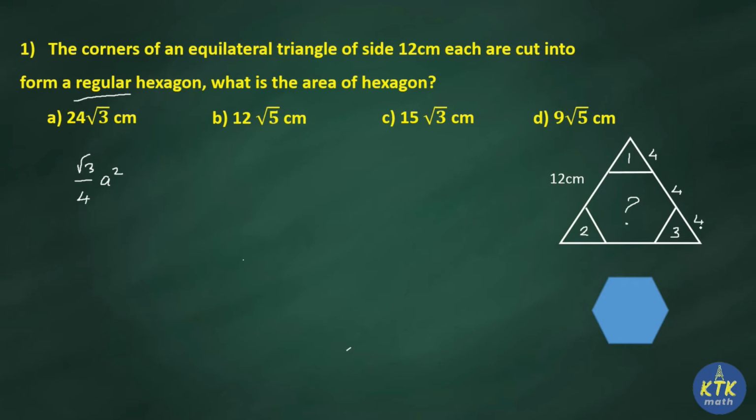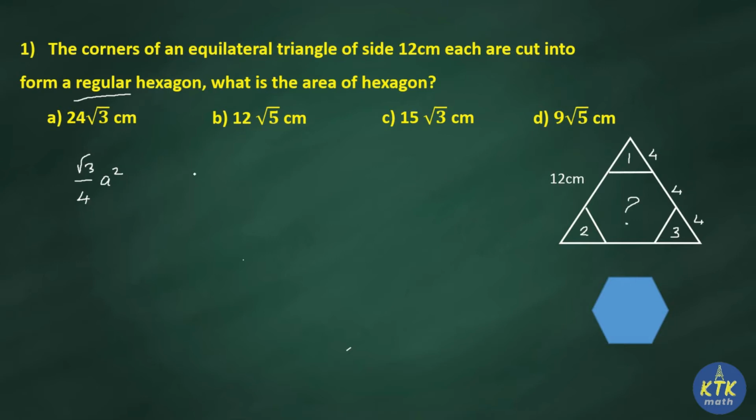Can you understand? Because they are equally divided, since the hexagon they mentioned in the question is regular. Therefore the bigger triangle of side 12 is divided into 3 parts here: 4, 4, 4. So small triangle side is 4, bigger triangle side is 12. I am going to subtract their areas to get the hexagon. So it's a simple one: root 3 by 4 a square. Okay, substitute the values in the formula now.